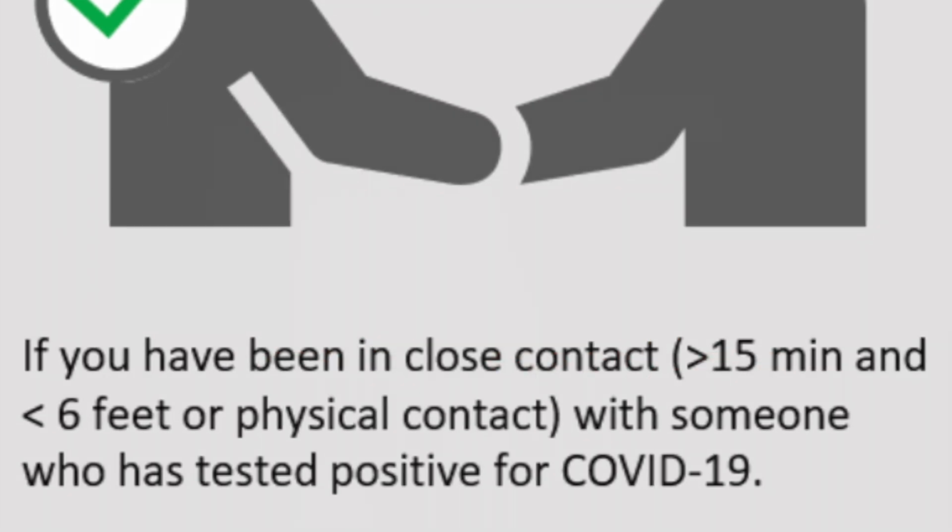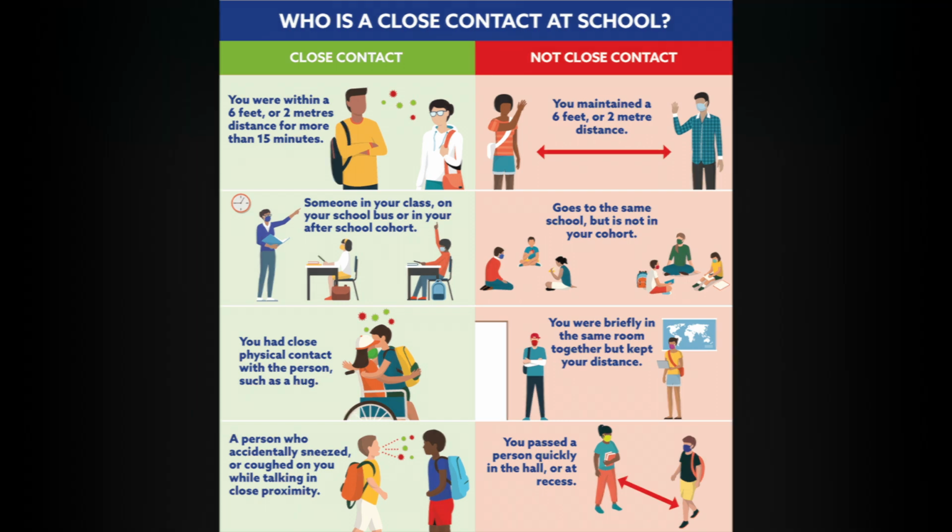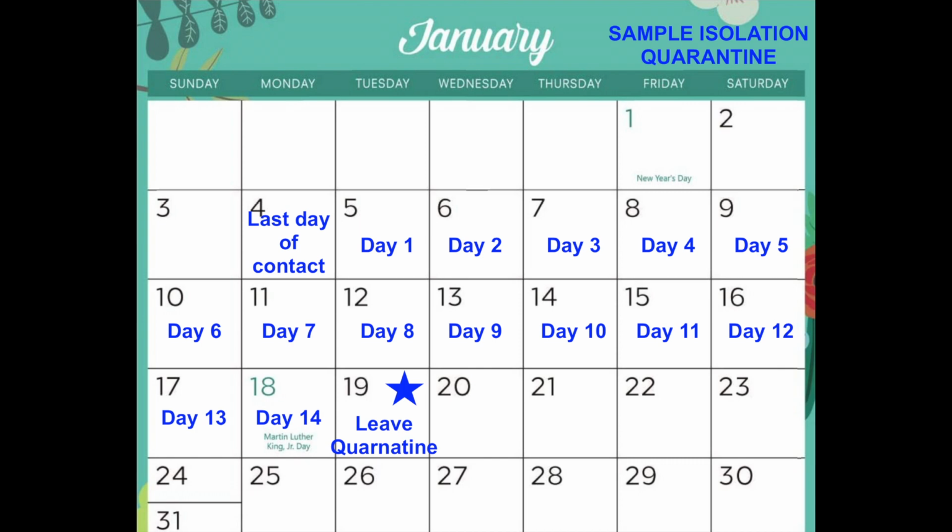Each time a quarantine is necessary, our building principals carefully investigate to ensure people are not erroneously identified as a close contact. When a person calls the district and says they are positive for COVID-19, the first thing we identify is the last date that they were in the building and near other people. They could have been in close contact of others on the bus, in class, at a sporting event, or any other activity. In this slide, you can see an example of how quarantine dates are calculated.